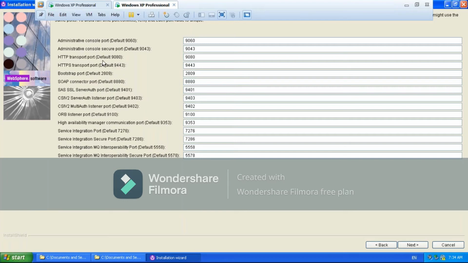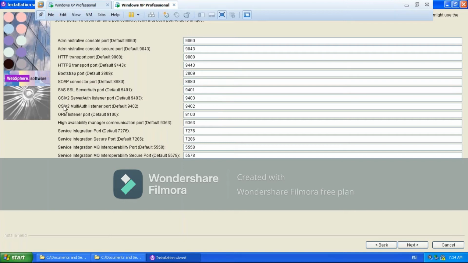The first two are related with the console opening, HTTP and HTTPS. The next two are the HTTP transport ports, for interacting with the applications already deployed into the application server. Next is the bootstrap port, used for starting up your JVM. I will explain port numbers very clearly when we talk about ND installation for the federation point of view.